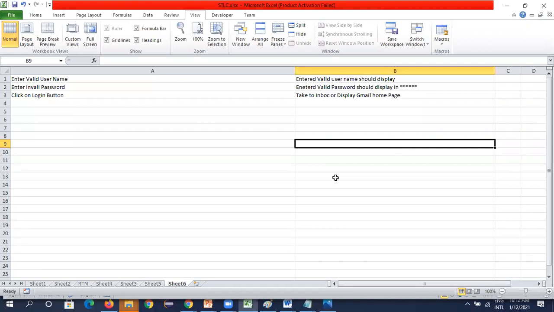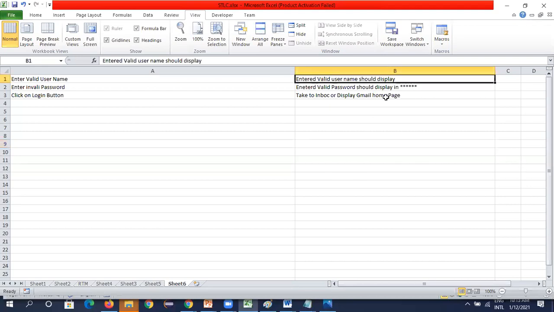So we have changed and we have written all the test cases. When writing new test cases, we wrote them without using the word should. Enter valid username. Entered valid username displayed. Verified. So I changed this one: verified valid user name is displayed.